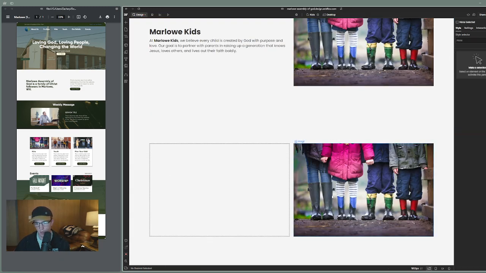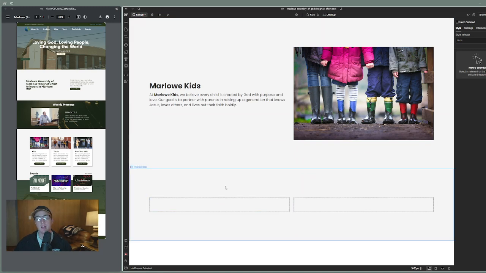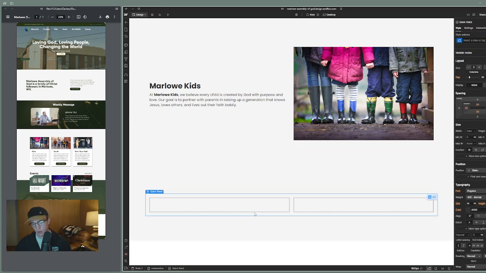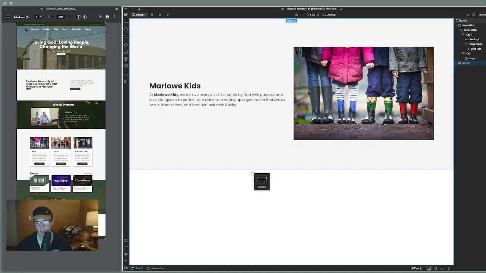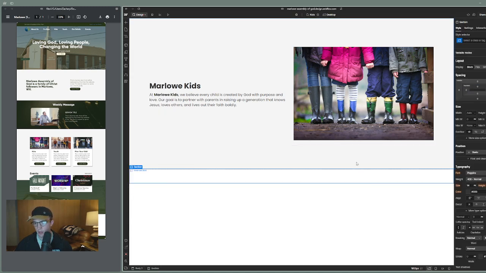Don't need that. I think we'll do this. We'll get rid of that. We'll do a container. Actually, we're not going to do that. We are going to do another section, but we're going to call this